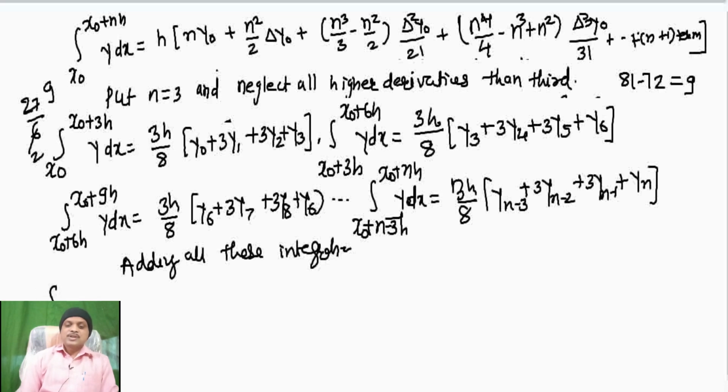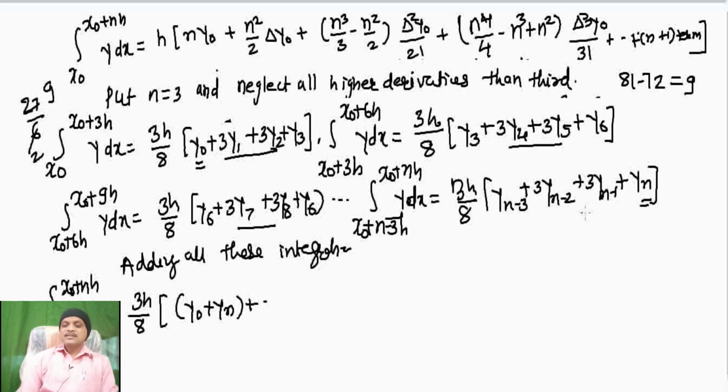Integration from x0 to x0 plus nh of y dx equals 3h divided by 8 into: see the integrations, y0 and yn are the single terms, so we get y0 and yn, plus 3 times, look at this, 3 times (y1 plus y2 plus y4 plus y5 plus y7 plus y8, up to y(n minus 2) plus y(n minus 1)), plus